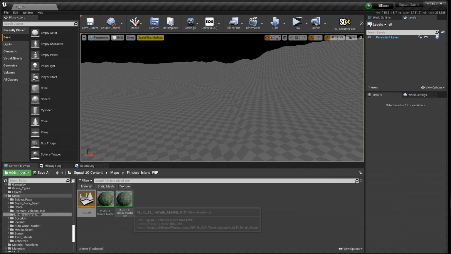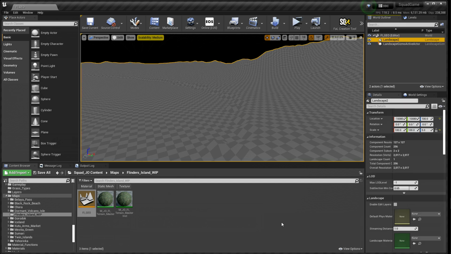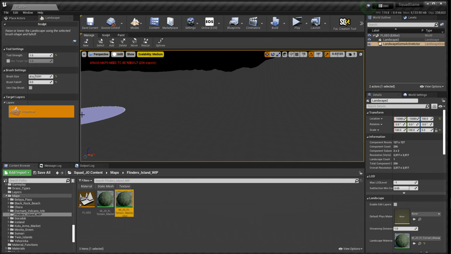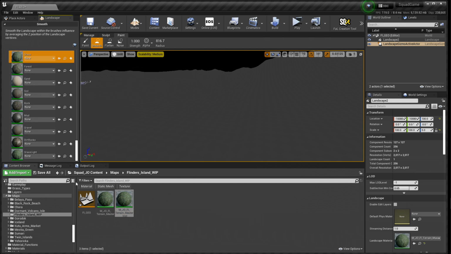Okay, so we've got our material instance. Now the material instance, if we go up to the world outliner and select our landscape again, is what we're going to apply to the landscape. You can't see anything at the moment because there is no masking to allocate the materials to the landscape. So the next thing we need to do is go up to modes and go into landscape mode, and go into the paint mode,